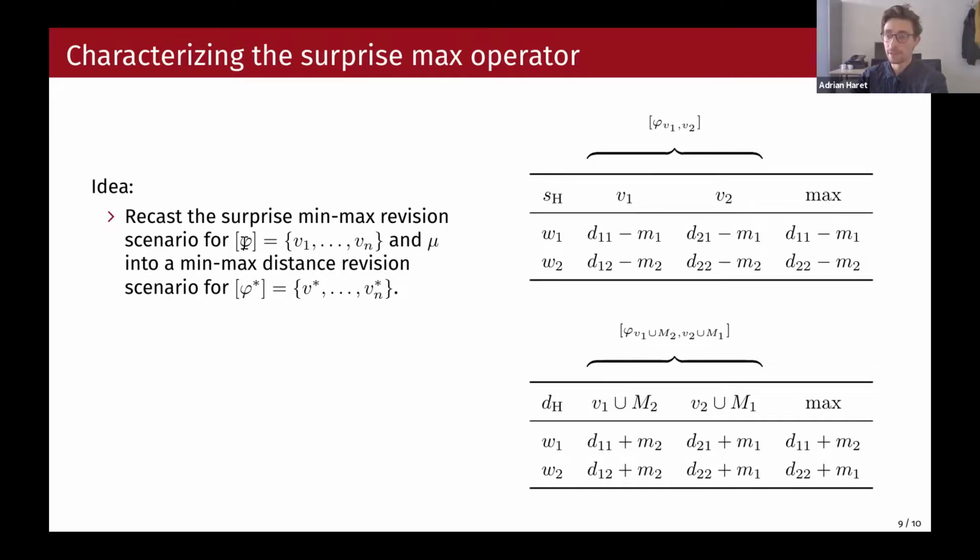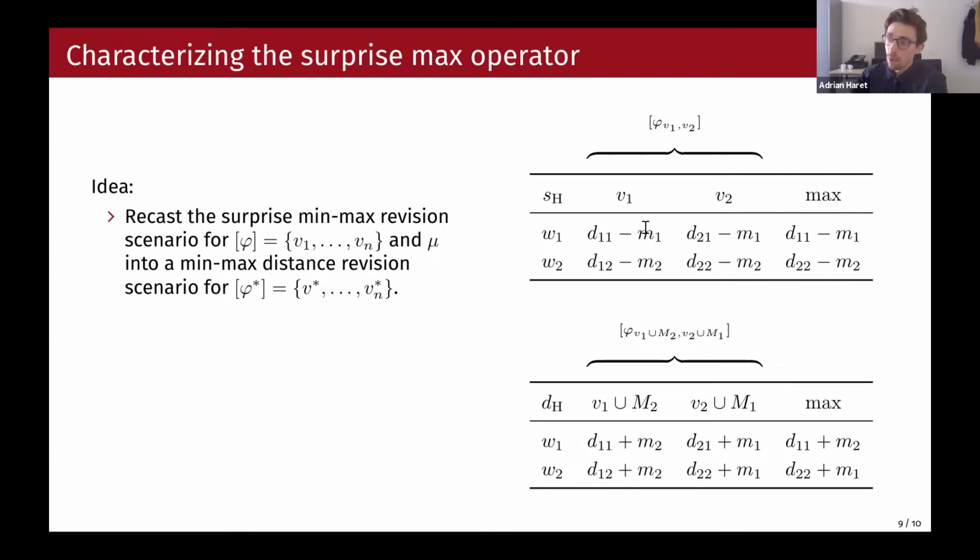So instead of doing relative surprise on phi, you do max revision on phi star, where phi star is defined such that it has these models V1 star to Vn star. And these V1 stars to Vn stars, what they do is you pad them with new atoms such that